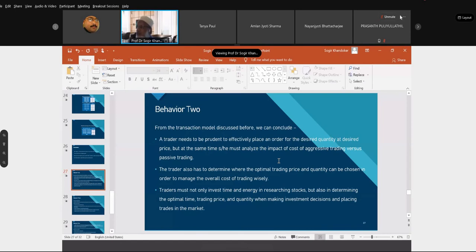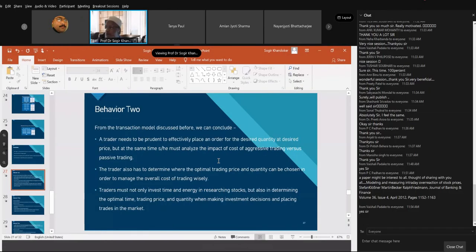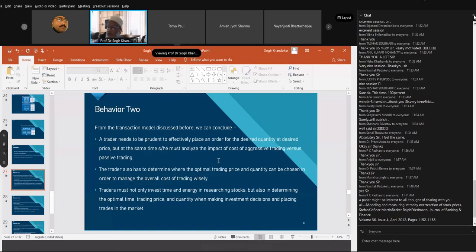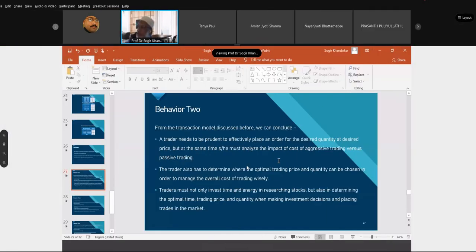Just now we completed the analysis of investment behavior with RPM, that is, relative performance measure. Now we try to show the investor's behavior with transaction cost, that is, implementation shortfall.